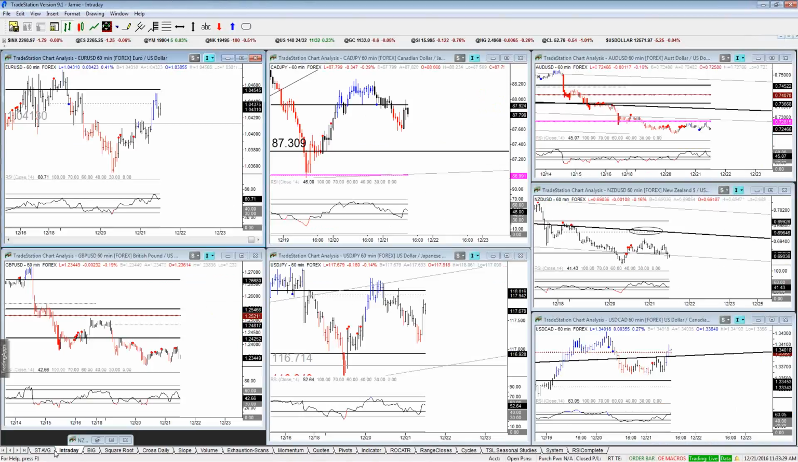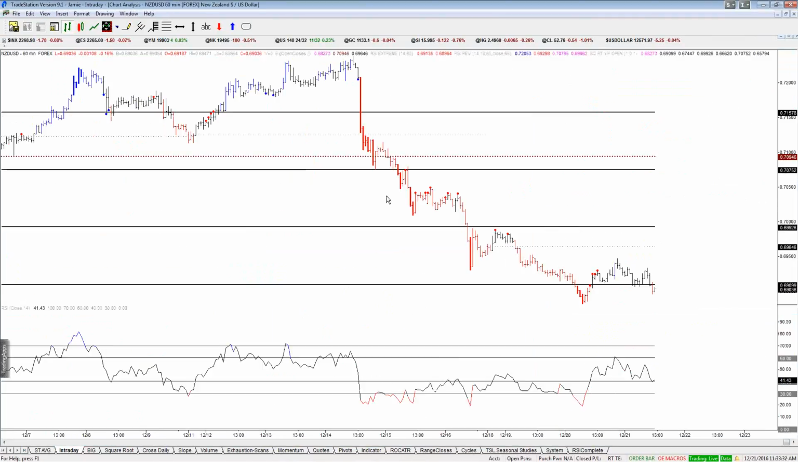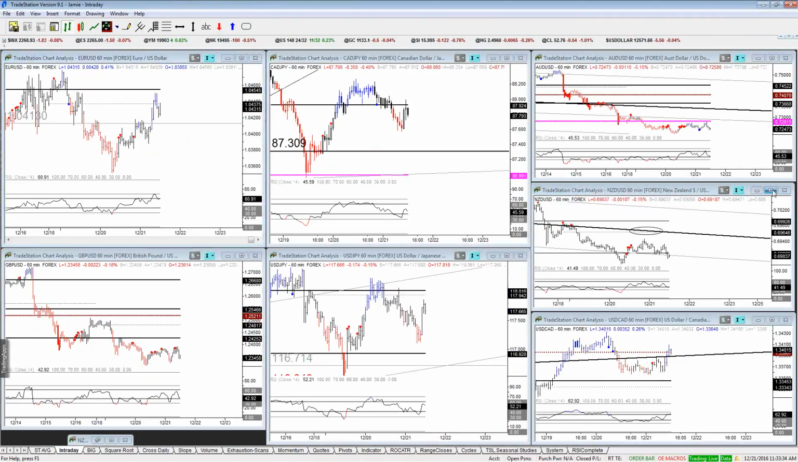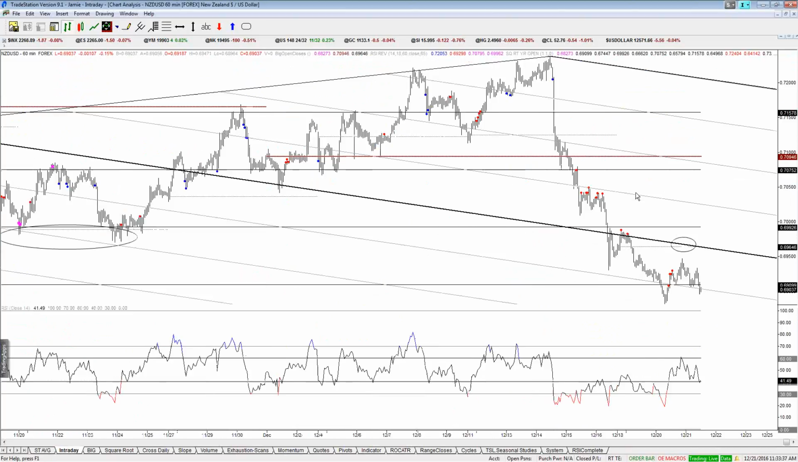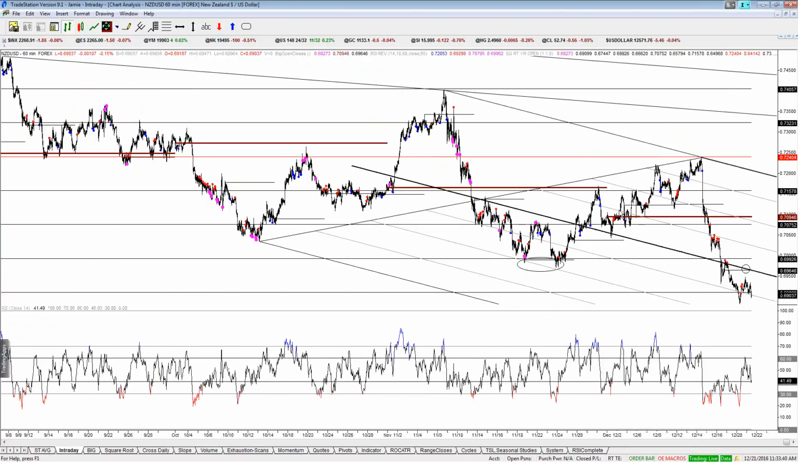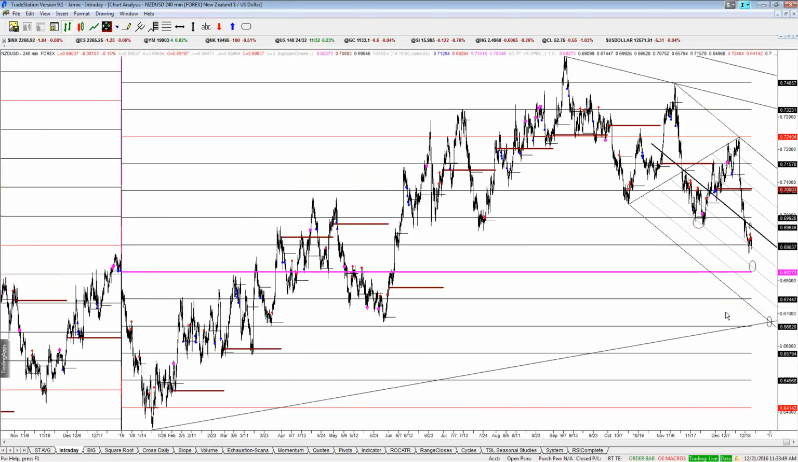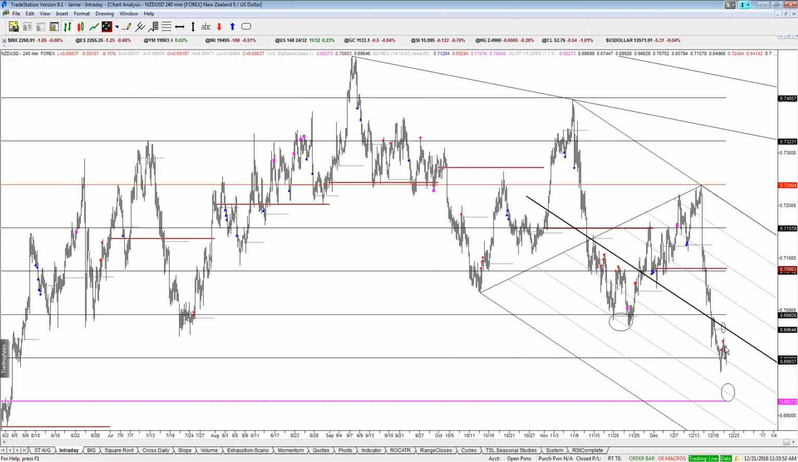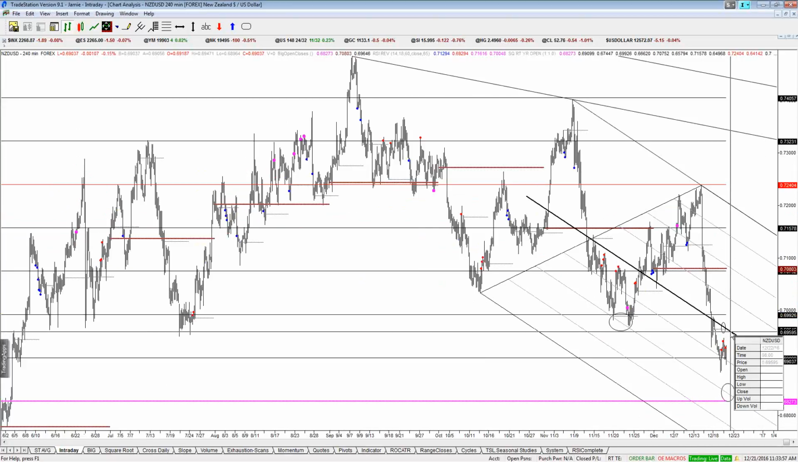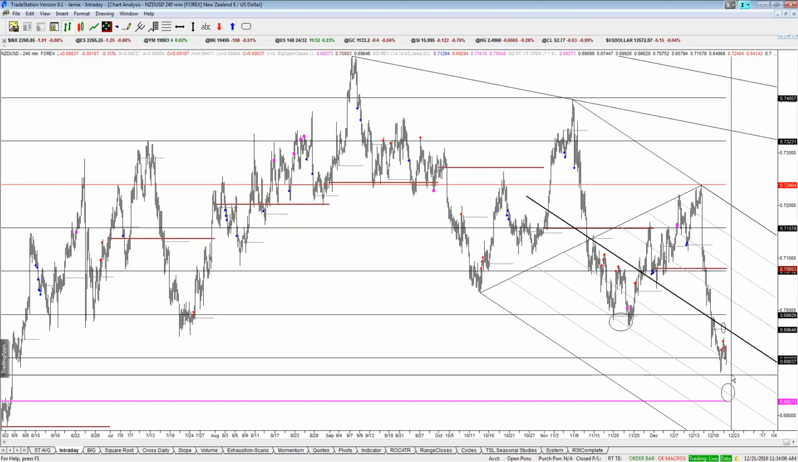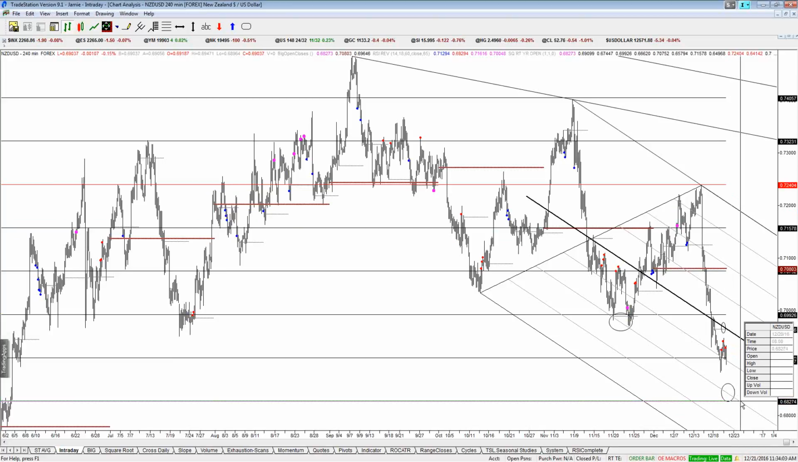So with Kiwi, here's the 60-minute. It's pretty clean. Go to the 4-hour. With Kiwi, we still haven't gotten back to the median line. I still think you get the median line for a sell. Okay, 68.27 is the year open on this one,